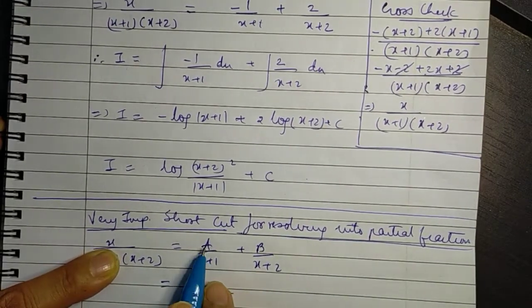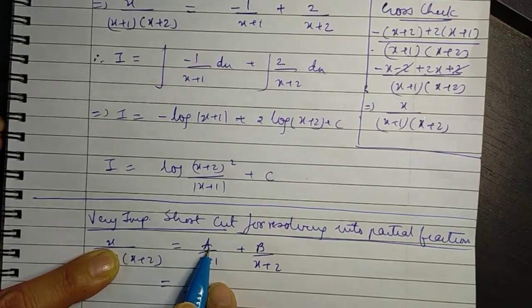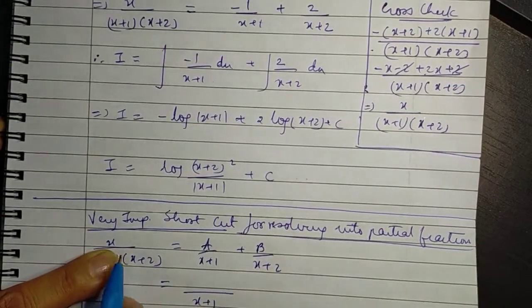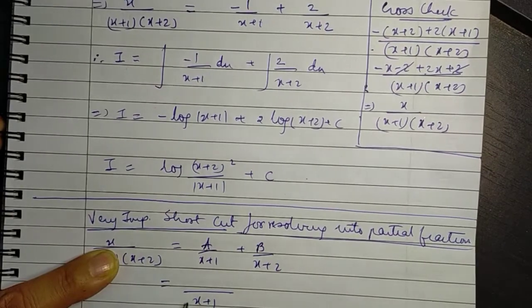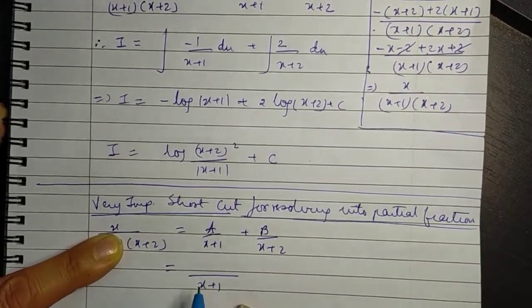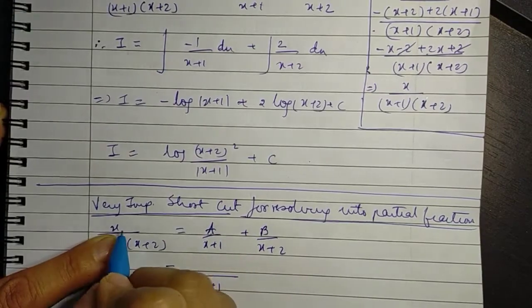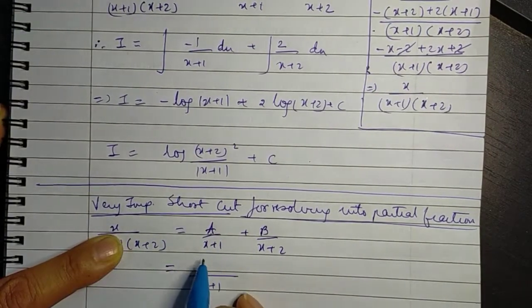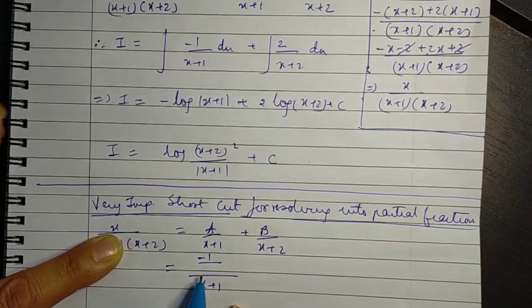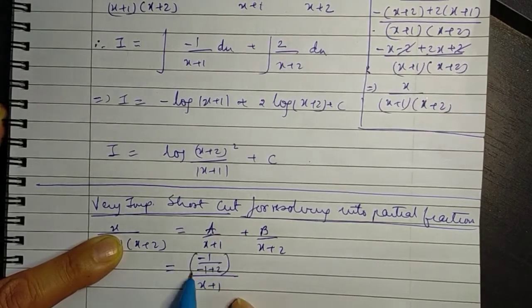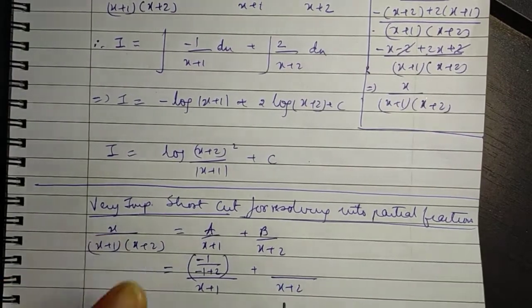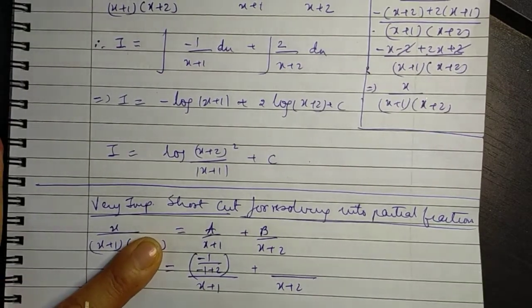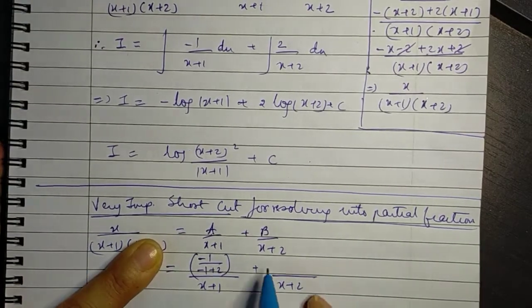In the numerator, in place of a, we put the denominator x plus 1 as 0, so you get x equal to minus 1. So here we replace x with minus 1. We get minus 1 over minus 1 plus 2, plus, same way we do b: x plus 2, which is the denominator, we write as it is, and in the remaining portion